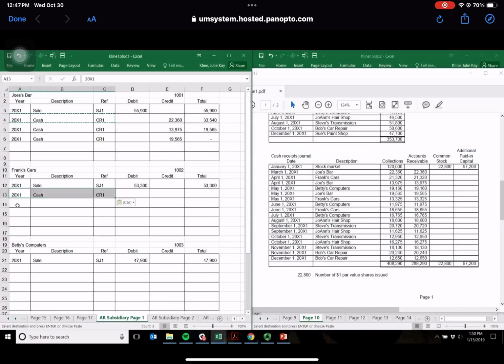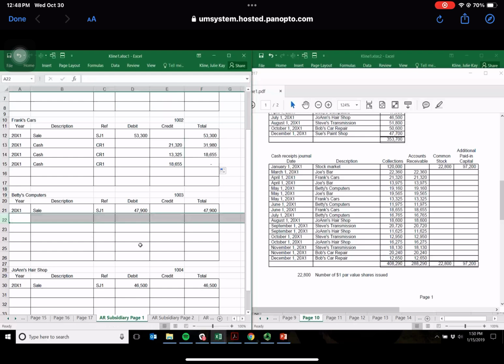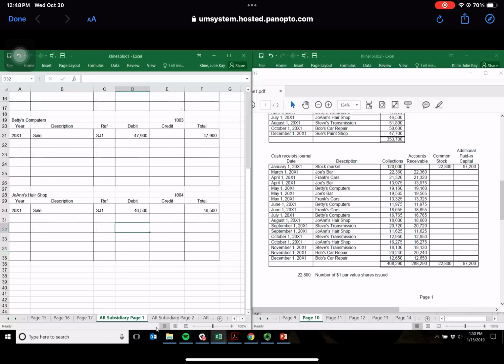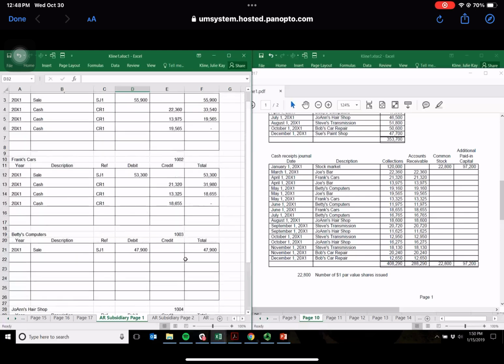For all of your vendors, I don't want to bore you here as I walk through this. So let me see if I can do it quickly. All right, there's Joe. So go ahead and do this. I'm not going to show you myself doing this, but do this for Betty, do this for Joanne, and do this for Steve, and do this for Bob. All right, so go ahead and work on that, pull that all together, and then we will move on to